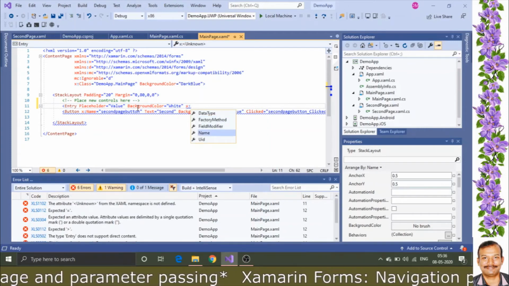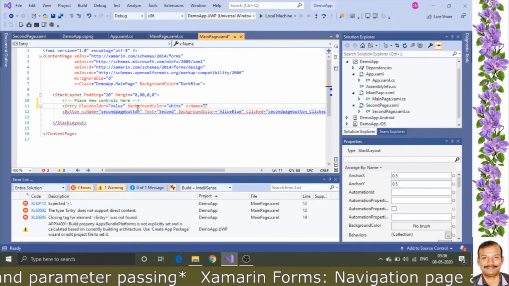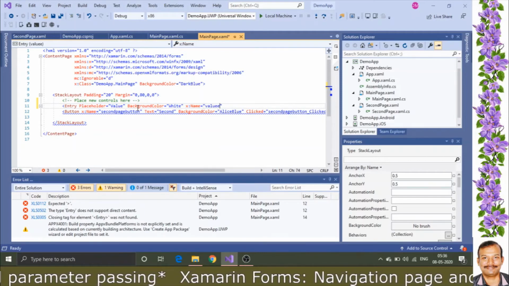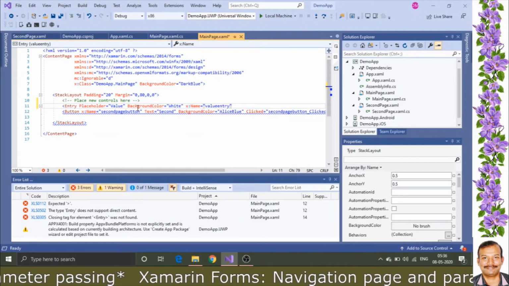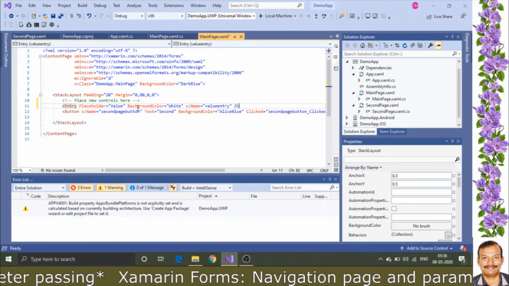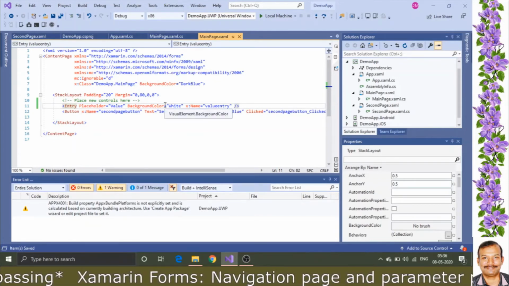That is the identifier or variable which you are going to assign. Close it. Now we have the entry.